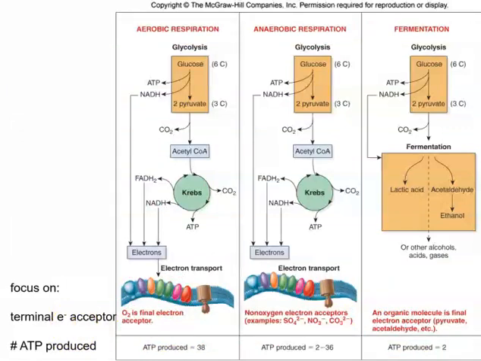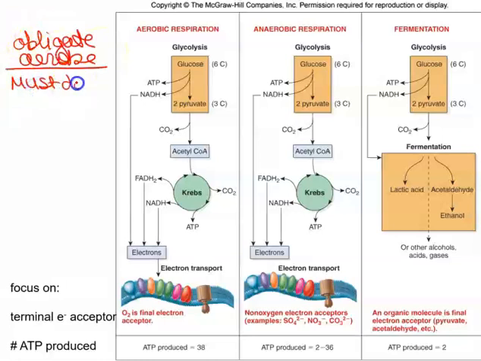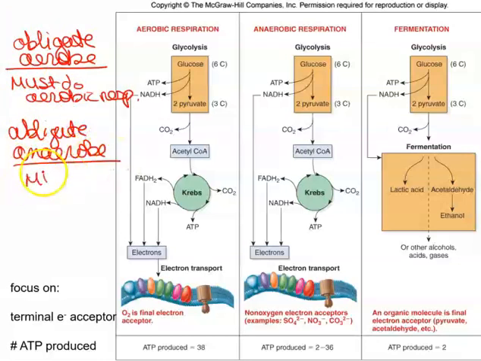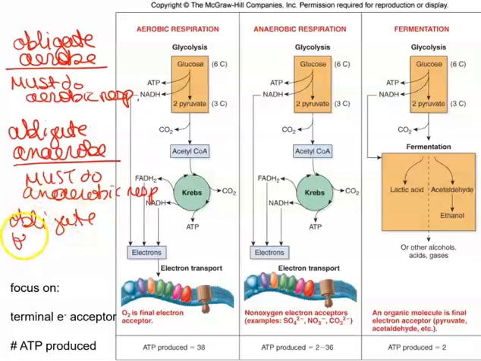Let me erase this, and I want to add in for you some more terminology. So how do we refer to these different cells that have different approaches to making ATP? If you are an obligate aerobe, then you must do aerobic respiration. If you are an obligate anaerobe, then you must do anaerobic respiration. If you are an obligate fermenter, you must